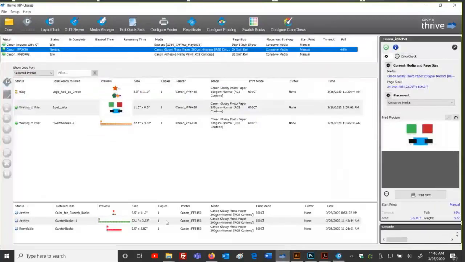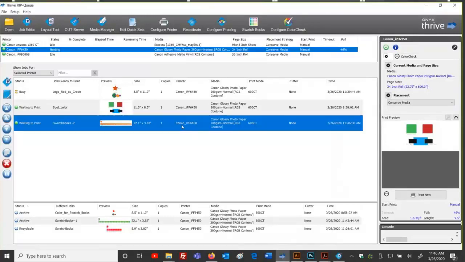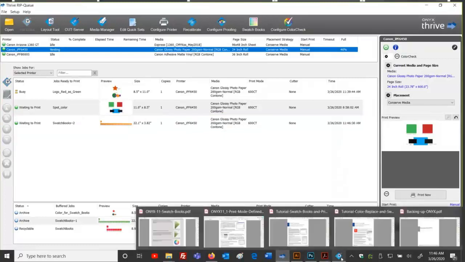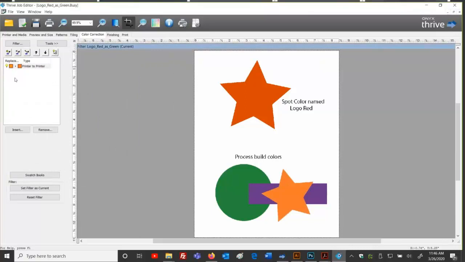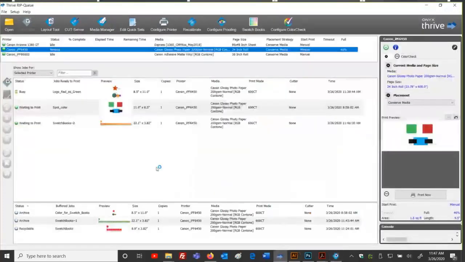I wonder if it's because it was in the buffered area down there. Now my job's up at the top. That could very well be it. Print those swatches, find the recipe that's the match, go back into Job Editor, close that out now, and I can say that this is really 5, 59, 72, and that's really the color for the match. And again, I'm going to turn back around in my RIP queue and add that to my color library and save that information. If that was a spot, that's a process build, but just to say if that was a spot color. So you've got a couple different ways of going about and doing this complete cycle of the swatches.